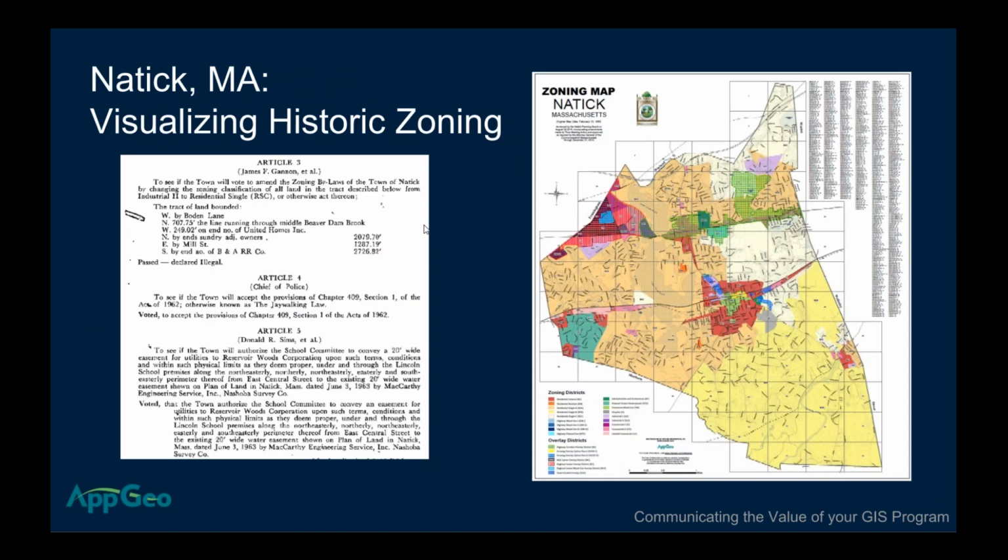Another example coming out of the planning sphere, relating to one of the initial questions: Natick was having lots of challenges answering the question about what a property was zoned for. They had multiple versions of their data. They had hard copy references. That organization of data was a challenge for them, and they ultimately came up with the decision to go through a holistic approach of going back to deed source and building up year by year, from a common operating picture, what the zoning was for the city,